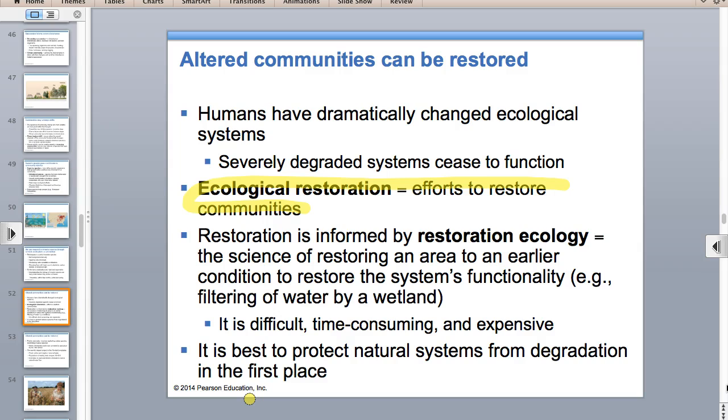Okay, so ecological restoration, if we had a wetland, for example, that's a big thing. That's on the test. I don't know if it's in your PowerPoint, I'm going to tell you. The Everglades Restoration Project is trying to put the Everglades back like it was. It's like the largest restoration project in the United States. But you're putting it back the way it was, in the condition before it was degraded. So it's expensive, it's hard to do.